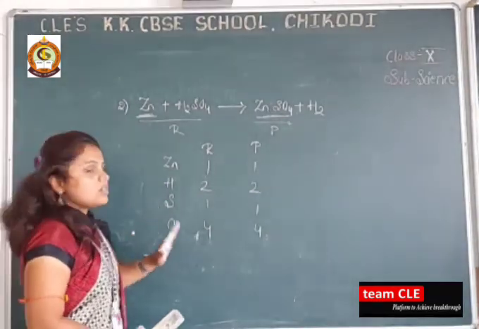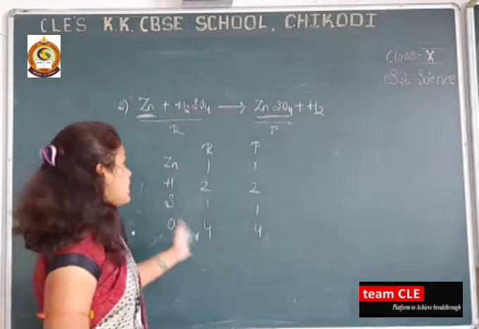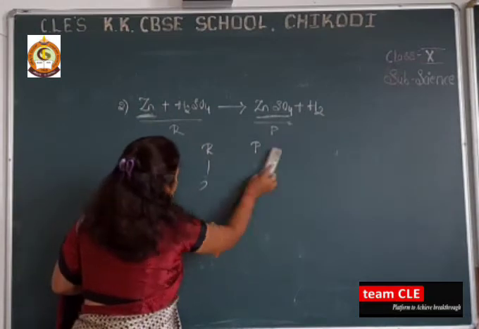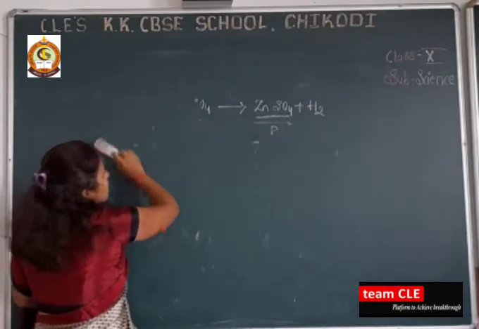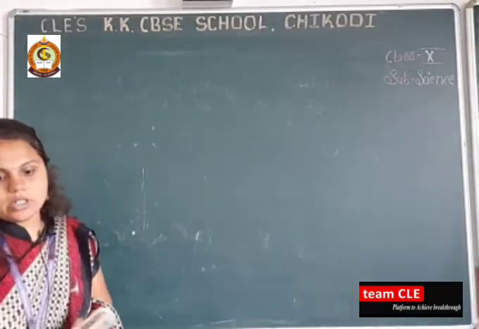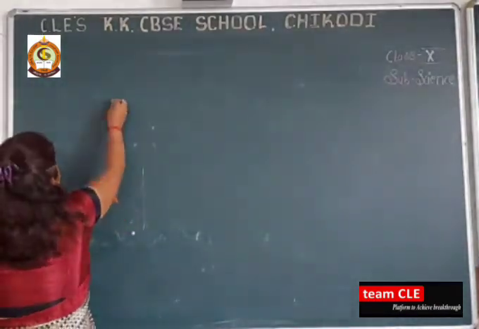There is no need of doing the chemical balancing here. Let's go for the third example. It is quite interesting. We have to solve here 2 to 3 steps. Okay. So what is that question? The third question is